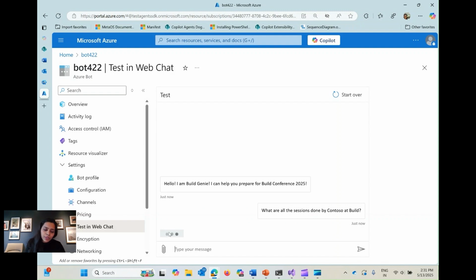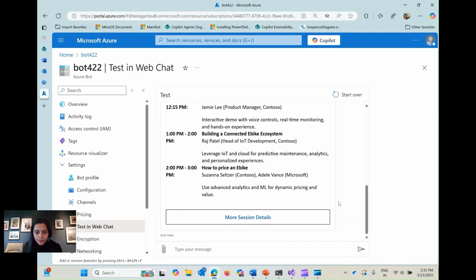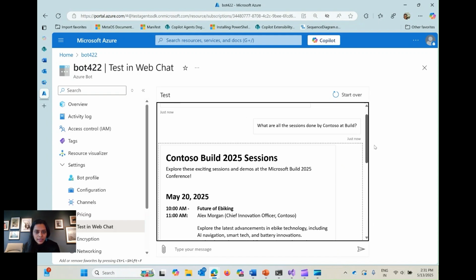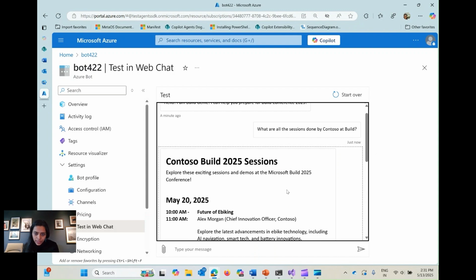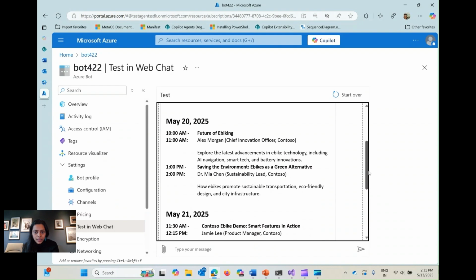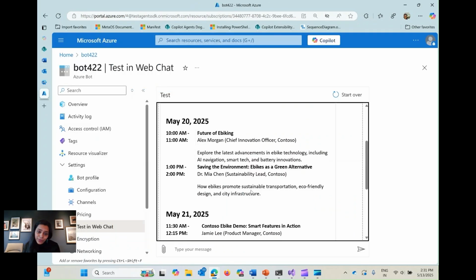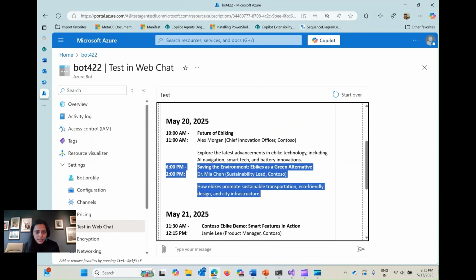And here you can see the triple dot, which is a streaming service response that you can subscribe to inside the agent's SDK. And now let's see what my agent comes back with. All right. So here is the list of sessions that my agent has gotten back with, and as you can see, these are the same sessions that are available in the document here. The formatting needs to be improved, but it has the same information that I have in that document.